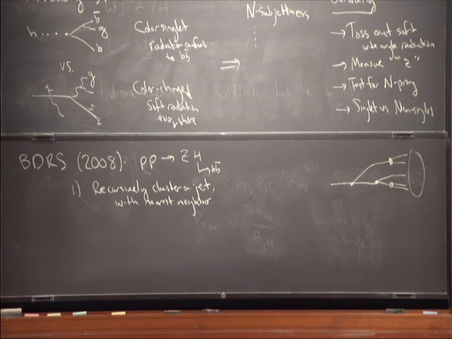The original jet was clustered. In the original BDRS paper, the actual jets were found using the same recursive algorithm. But more generally, you can imagine any technique for finding the overall jet, and then whatever technique you find the overall jet with, you can apply this procedure to that. The original procedure uses the same procedure to find the jets in the first place, but that's not strictly speaking